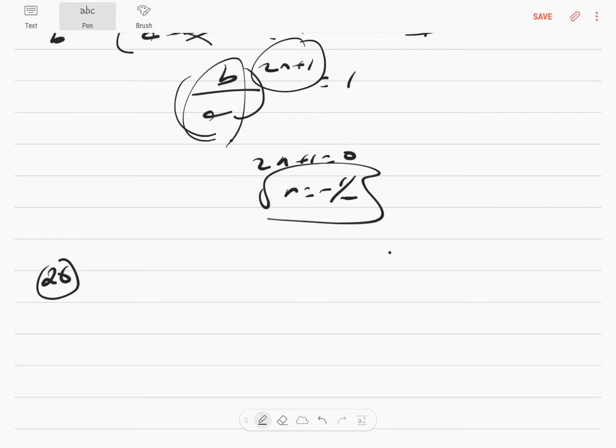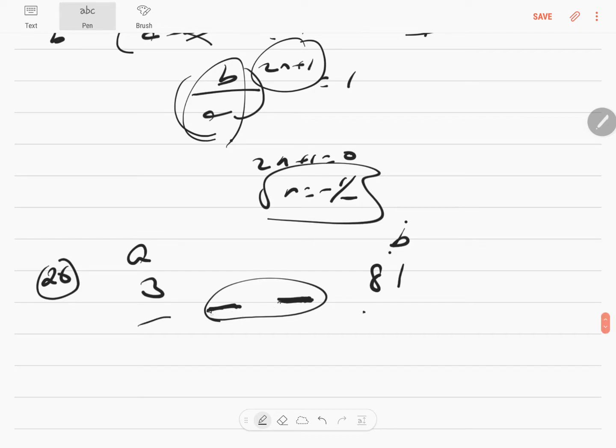Just a few sums. Insert two numbers between 3 and 81. Only two numbers. This forms a GP, which means this is A and this is B. Two numbers. So two numbers means the total number of terms is, as I said, if there are two numbers, the first number is the second term, the second number is the third term. So there are four terms. Two numbers inserted, total terms is four, and 81 is the fourth term.